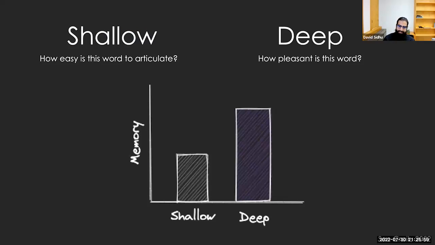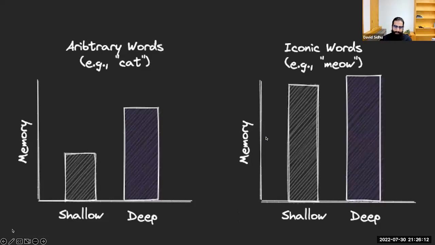The general pattern is that when you get people to process words in this deeper, more semantic way, there's a benefit in memory. So memory for words encoded in the deep versus the shallow task tends to be better. Our idea was that maybe there's going to be an interaction between these levels of processing manipulation and iconicity.